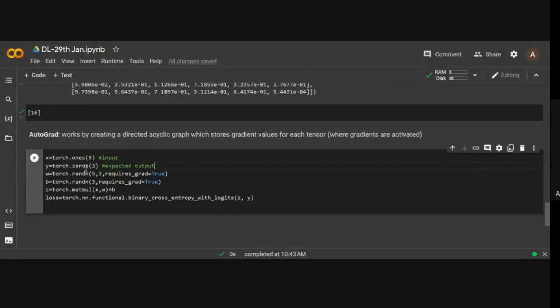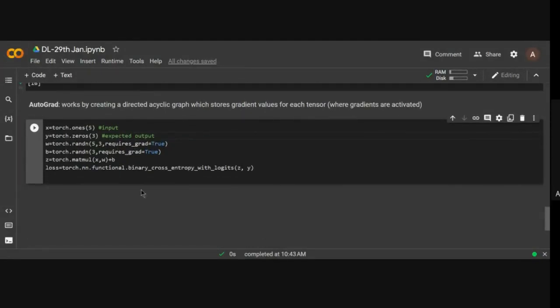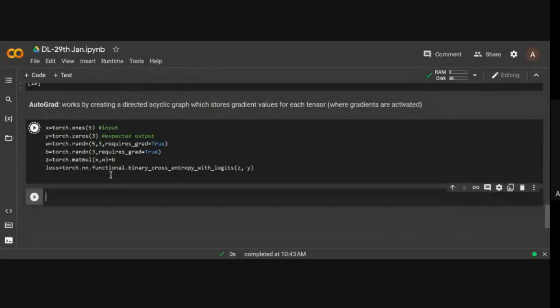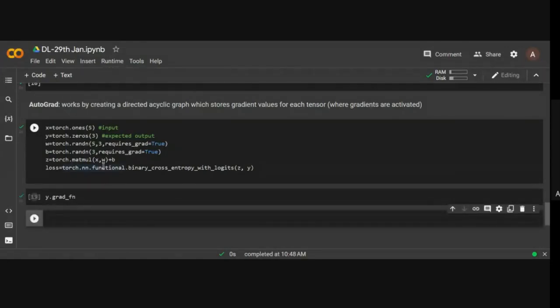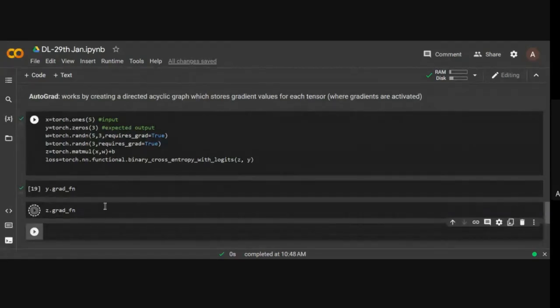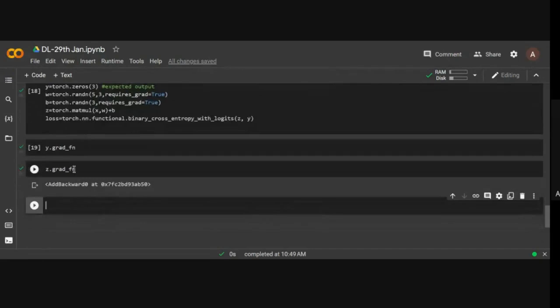torch.matmul x comma w. So this is your matrix. You'll be able to visualize this in a second. Now, y dot grad_fn. grad_fn shows you the gradient calculation that has taken place on any given tensor. So now if I run z dot grad_fn, you'll see that there has been a gradient calculation on this, which has taken place here